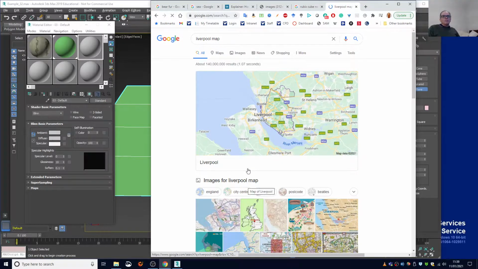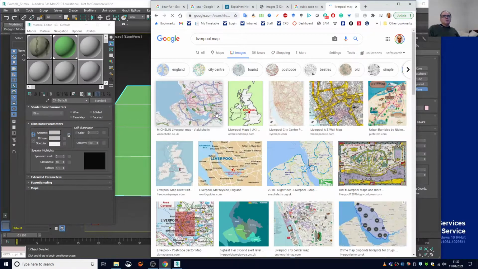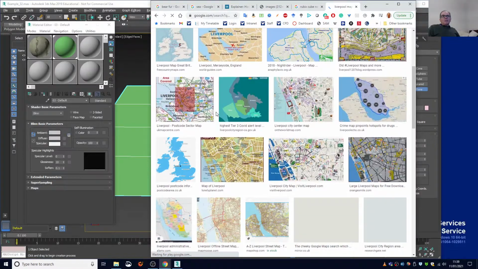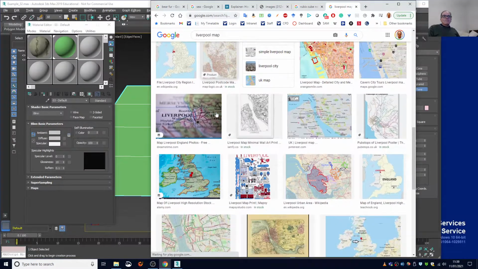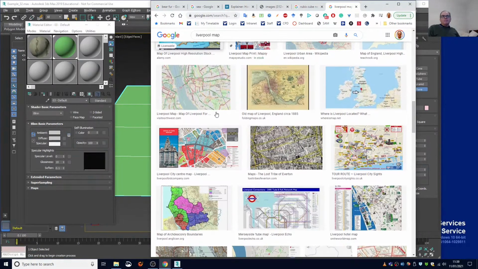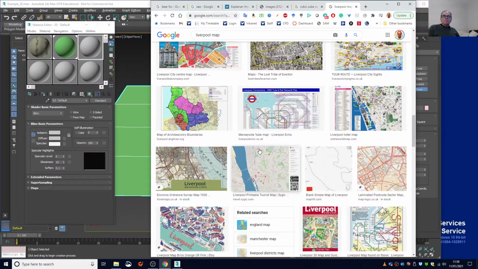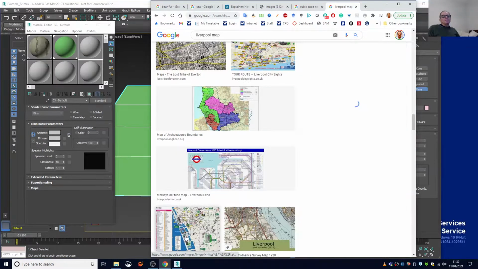It's not very interesting. We need a map that's a bit interesting. Okay, there are many. Oh, this one is interesting. So you open this,